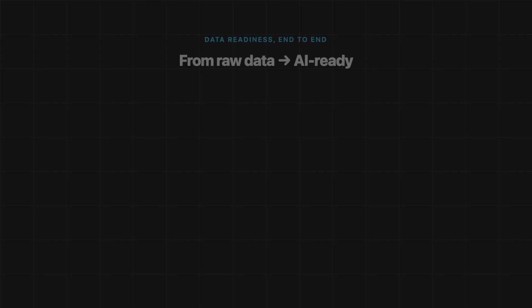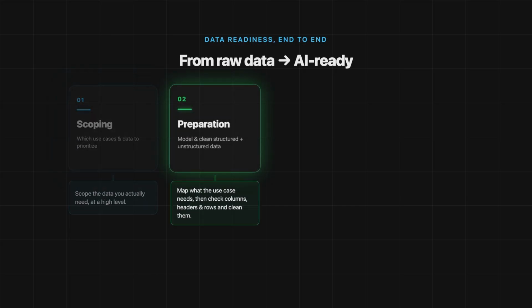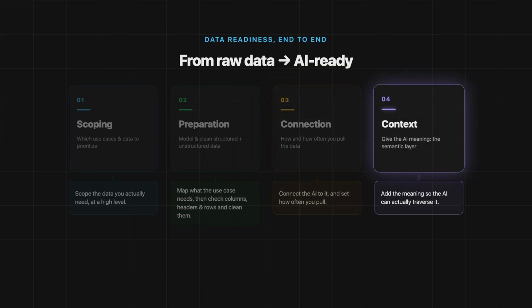Now here, these are the overarching pieces that are required for data readiness, right? We have understood, based off of the scopes, what data we actually need at a high level. Then we start mapping it and identifying what is needed, at least on the individual project level, for that specific use case. Then we start looking at columns, we start looking at headers, we start looking at rows to make sure that we are pulling in the right information, and we are doing data cleaning exercises there. And then lastly, not really related to data, but more on the context level, what is required to make sure that the AI can actually